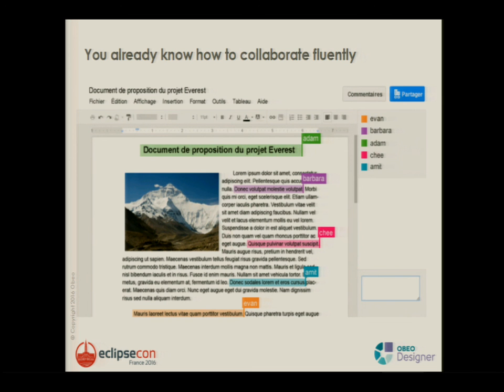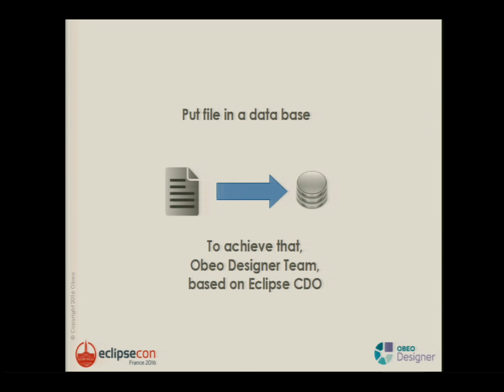In Google Docs, you see live what somebody else is creating, and that's good because it's text. If it's graphical and you see all the shapes move, at the end you will have some trouble because you will try to clean it. So we prefer to use a different system. To do this, we don't reinvent the wheel, and we chose to be based on a very great project called Eclipse CDO, made by a very great guy.